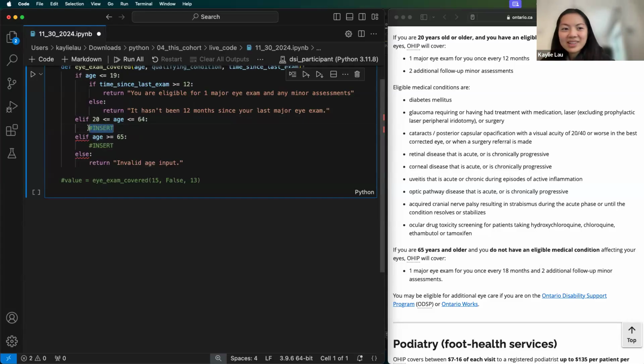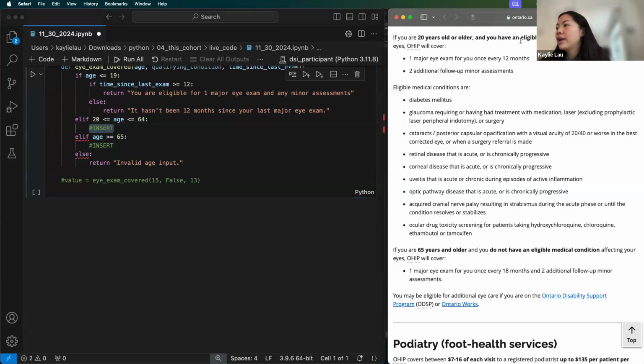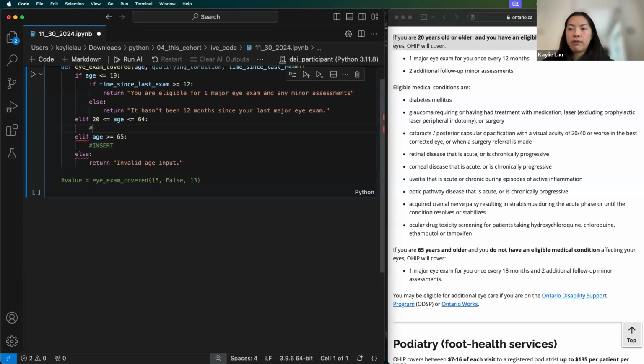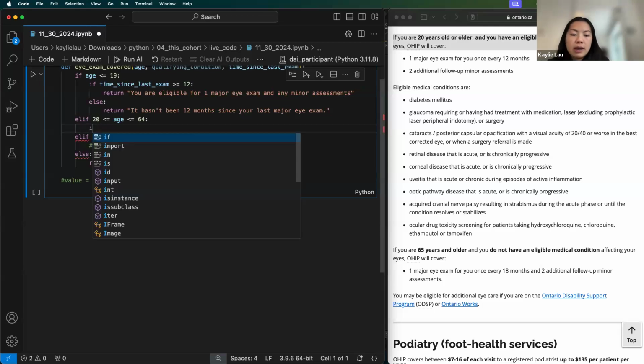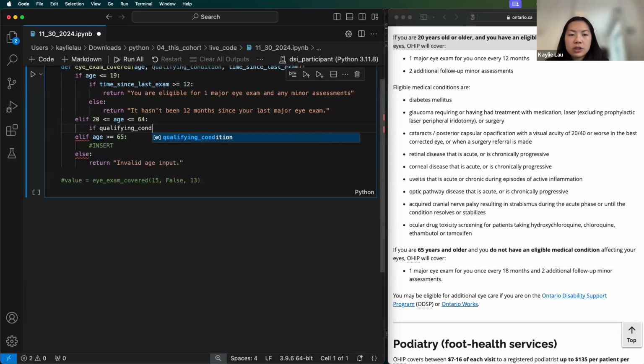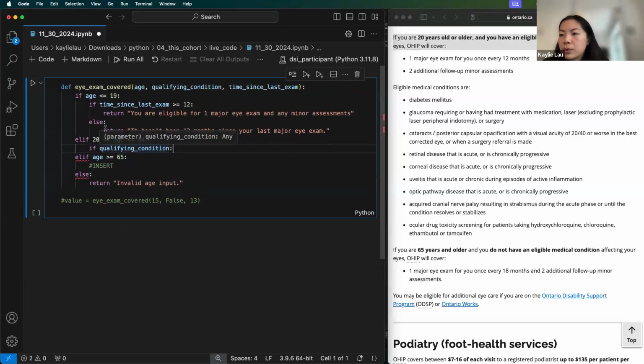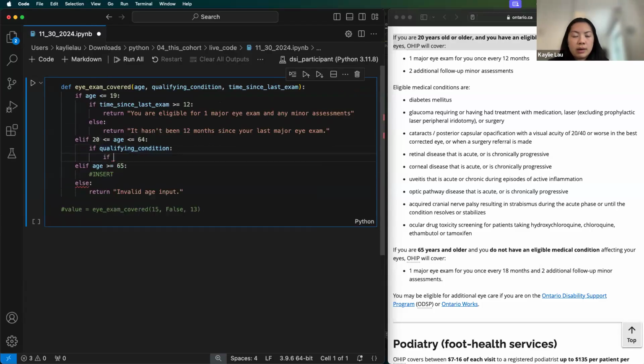Okay. So, if you're between 20 and 64 and you have an eligible medical condition, first we have to see if you have an eligible medical condition. So let's say if qualifying condition. This is going to be a Boolean. It's going to be true if you do have an eligible medical condition, and false if you do not. If that evaluates to true, then